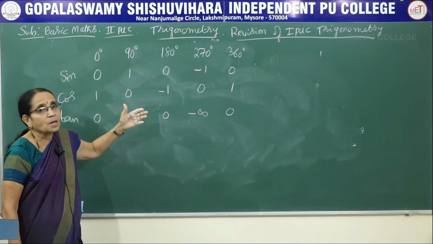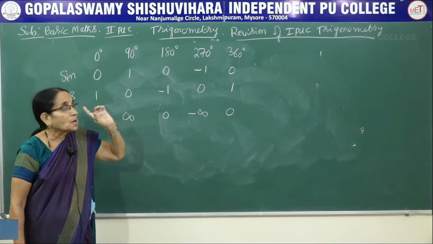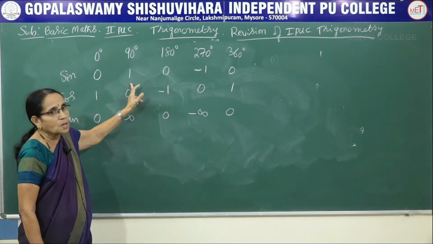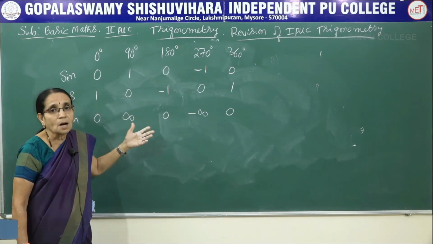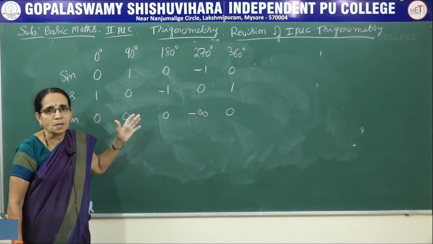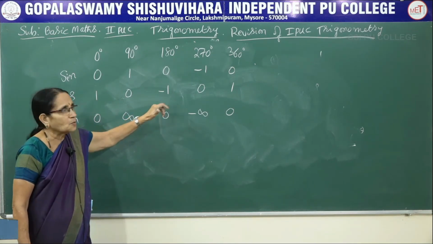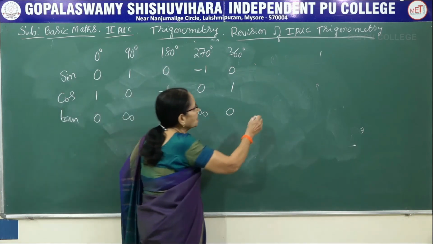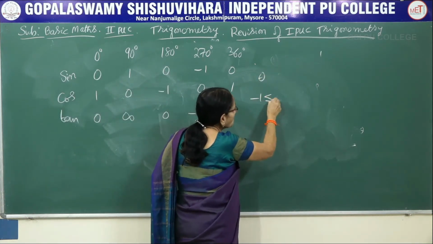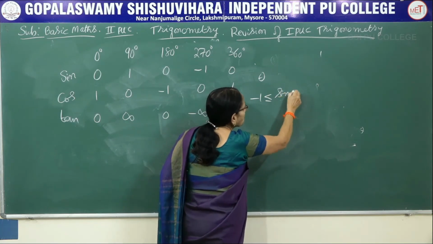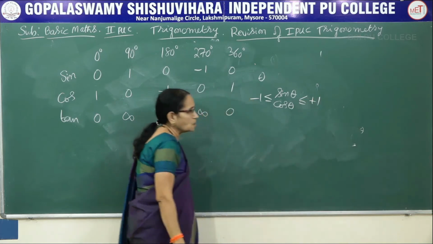I can find the value of sine of 22,999 degrees. Even that will be lying between minus 1 and plus 1. Or the angle may be on the negative side, like sine of minus 229 degrees. Even in that case, it will be lying between minus 1 and plus 1. So generally I can write that for any value of theta, the values of sin theta and cos theta always lie between minus 1 and plus 1.